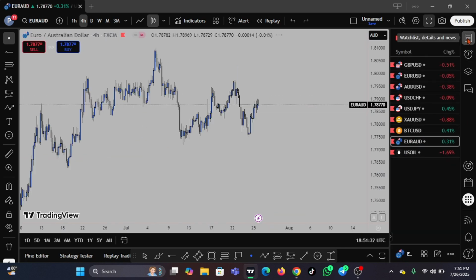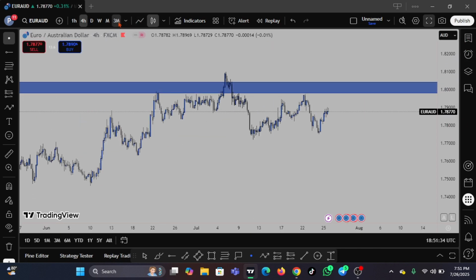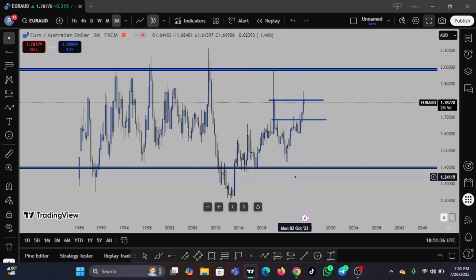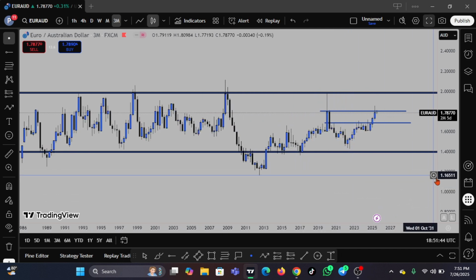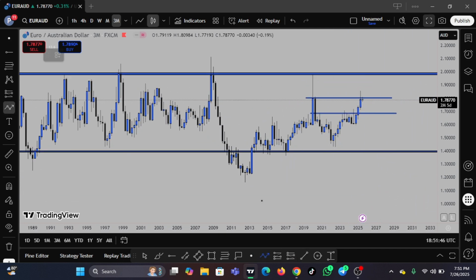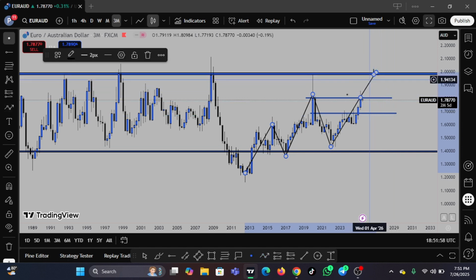Euro AUD. Euro AUD, let's start from the top. On the top, we have a very massive range on Euro AUD, but it still looks currently more like a bullish direction. You can see highs, lows, but price is stalling at this point. Can we have a drop, or do we still want to continue to have a high back to this level?